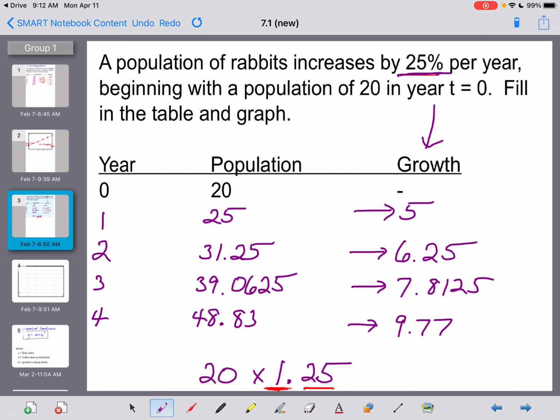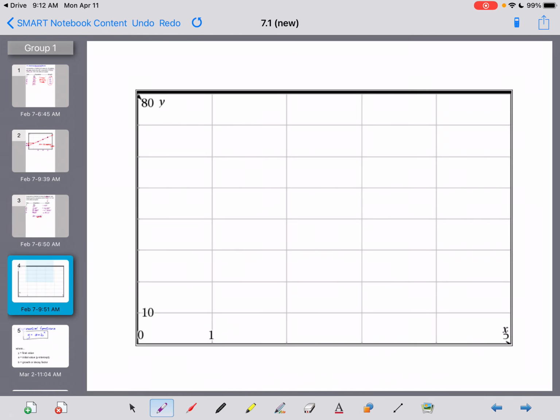Okay, so let's see what that one would look like in a graph if we go to our next slide. So year 0, we still had 20 rabbits, so that puts us at this same point right over here where we started the previous graph. But now in year 1, we're only at 25. So this one is actually growing at the beginning slower than the initial graph we had a few slides ago, which had that first point located up here at the point 130. So we're growing more slowly at the beginning,